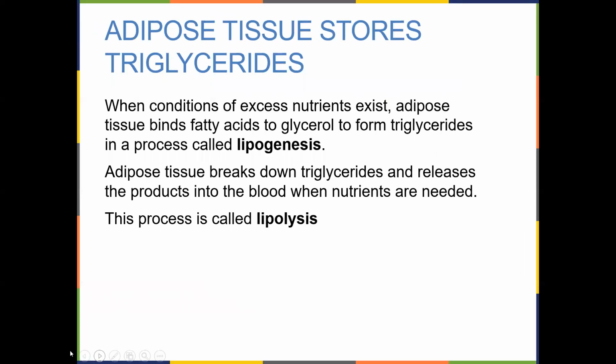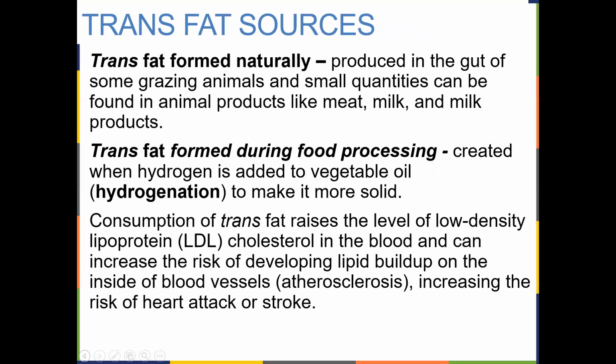Now we see, let me go back before I go on. We've seen advertising on TV about certain foods being heart healthy. Yes, they don't have any trans fats. In fact, you can't get trans fats in any product that you buy except in meat and dairy, because they occur naturally. The food industry is prohibited from creating trans fats in peanut butter and in margarine and in shortening and anything that they would hydrogenate. But we still get them in the meat products and the dairy products that we consume.